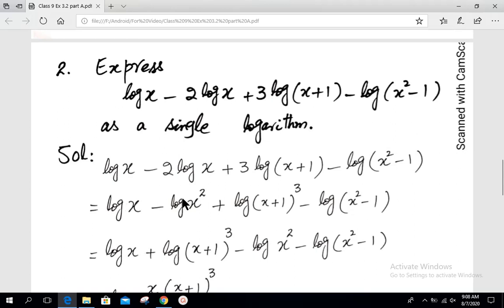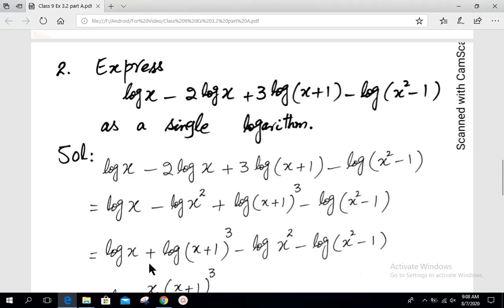First term remains same, whereas the place 4 value remains same. Here we applied third law of logarithm, shifted it to the top of exponent power place, and same, this is third law of logarithm applied, and 3 goes to the power place. Next, we write the same sign positive log values first, that is term number 1 log of x, and the third place value log of x plus 1 whole cube, we write them first. Then is minus log x square, and then is minus log x square minus 1.